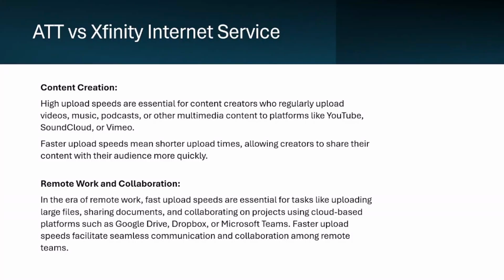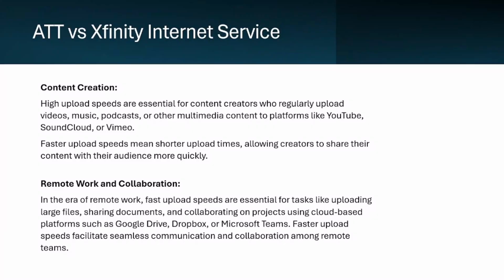In the area of remote work, fast upload speeds are essential for tasks like uploading large files, sharing documents, and collaborating on projects using cloud-based platforms such as Google Drive, Dropbox, or Microsoft Teams. Faster upload speeds facilitate seamless communication and collaboration among remote teams, whether it's hosting a virtual meeting, conducting a webinar, or streaming